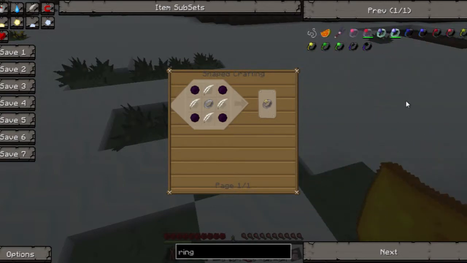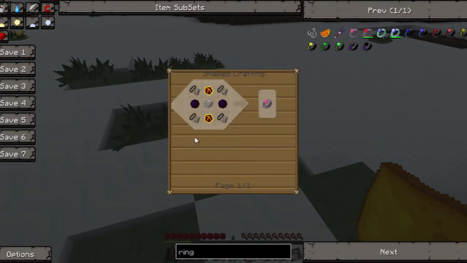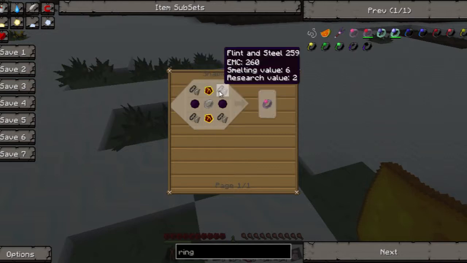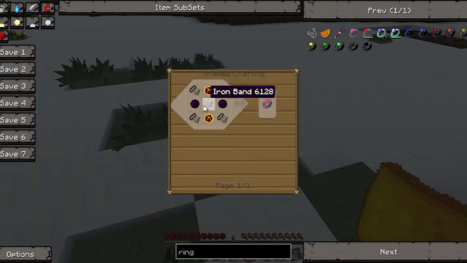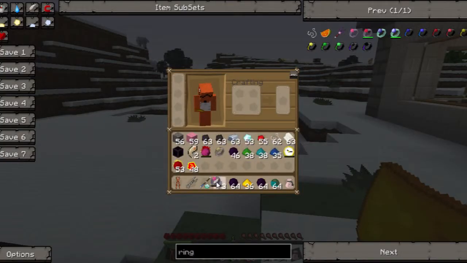Next we have the Ring of Ignition. Spawn that in, and then recipe. We need Mobius fuel, we saw that earlier, it's nearly most of the way to Eternalis. We need 4 flint and steels, another iron band, and a couple of dark matter again. Now this thing,